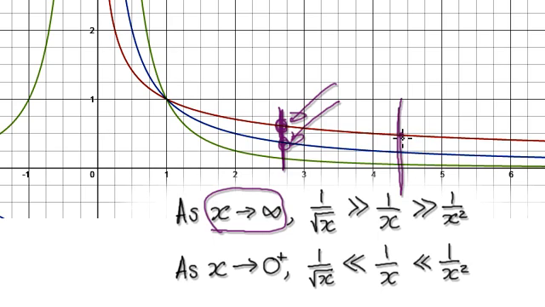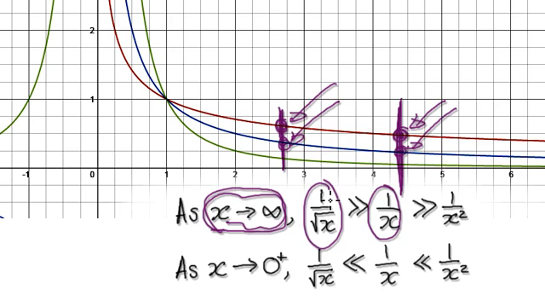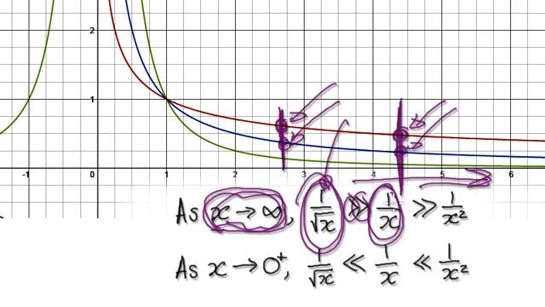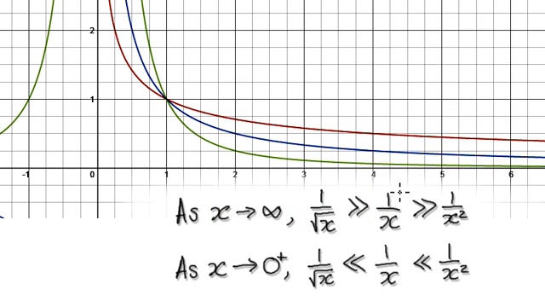you can see here, if you look at this vertical line here, that 1 over the square root of x, that's this point here, is already bigger than 1 over x. And then as you head towards infinity, as x gets larger and larger, everything will exaggerate itself. So this thing here, as x gets larger and larger, will be much bigger than 1 over x. And then you can say that 1 over x will be much larger than 1 over x squared, because